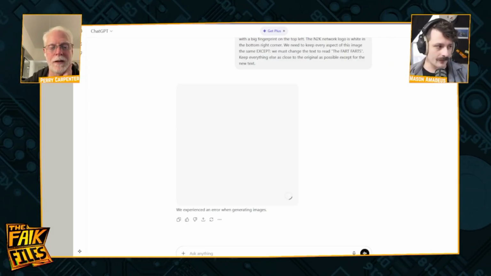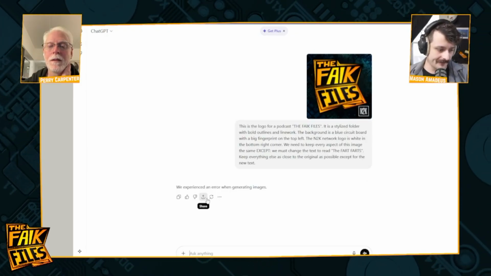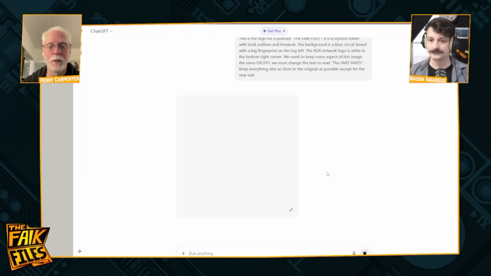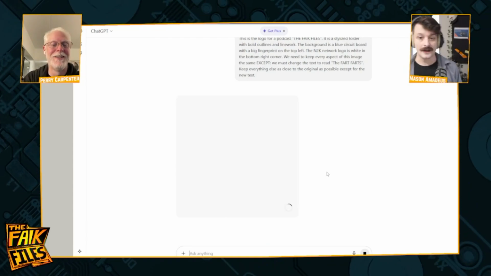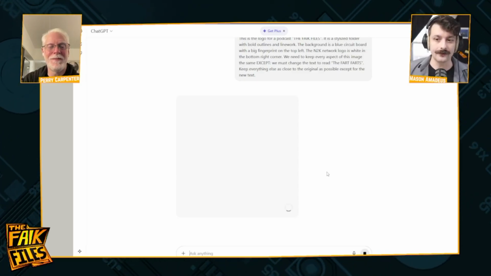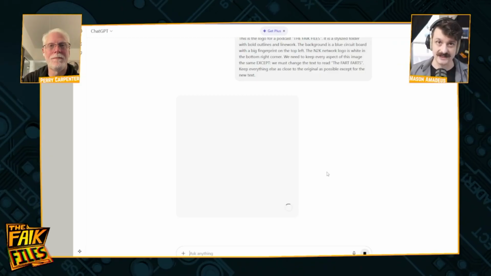We experienced an error when generating images. Sometimes that happens and then you refresh and it's fine. Let's try again, take two. I think Gemini struggles less with server load as well. Yeah, well, ChatGPT's got the Kleenex effect now. Right now everyone calls AI ChatGPT in casual conversation.